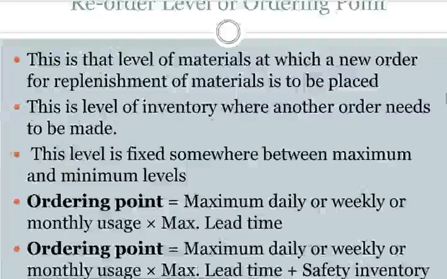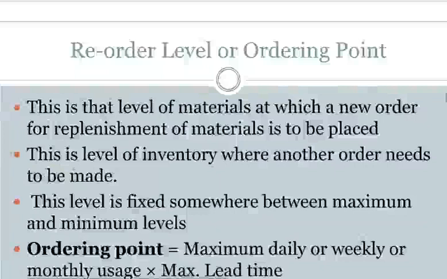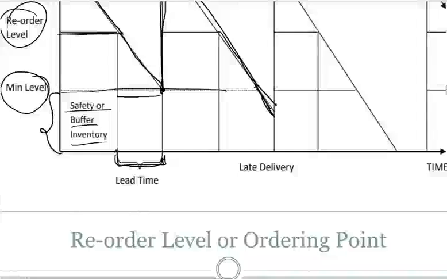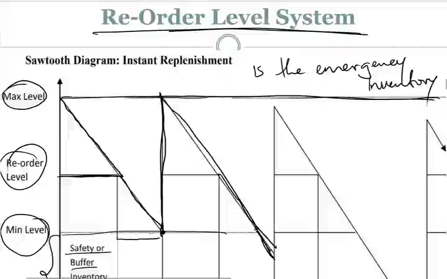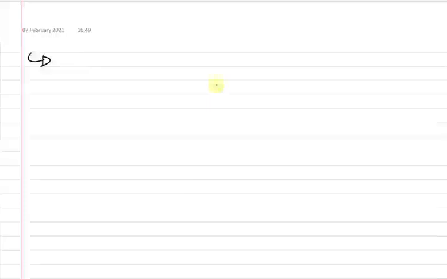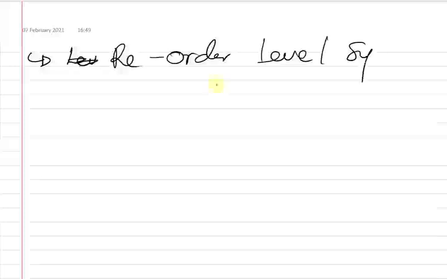So let us talk about the order level or the order point. In general, if they were telling you about the reorder level system, you'll be talking about a system where you're actually coming up with the exact time to make the orders so that your operations are never disrupted. So if it was to mention, can you explain the reorder level system, we might just say that